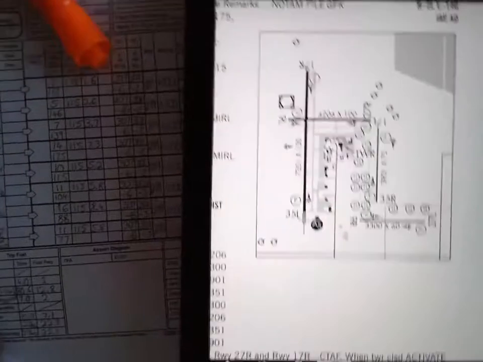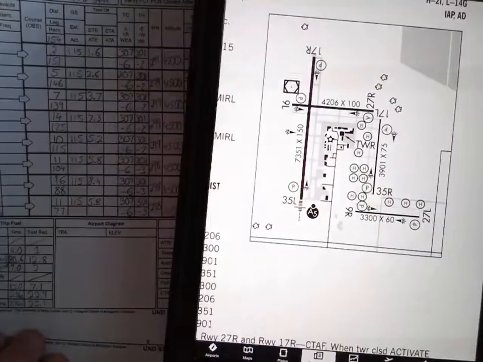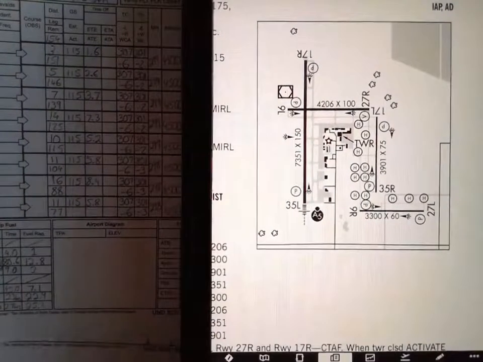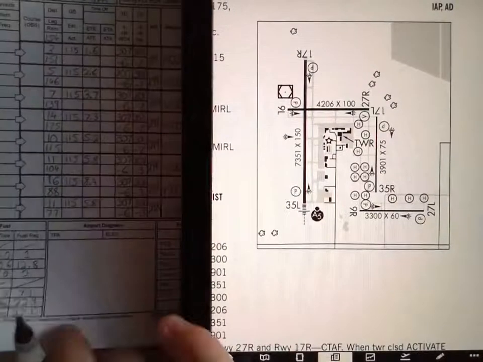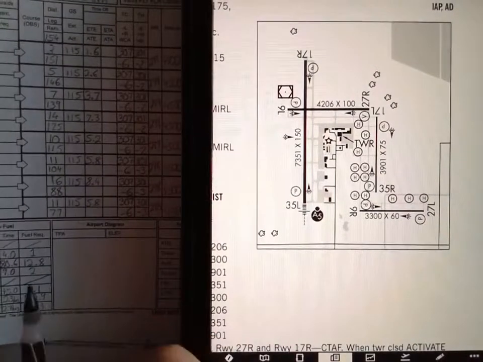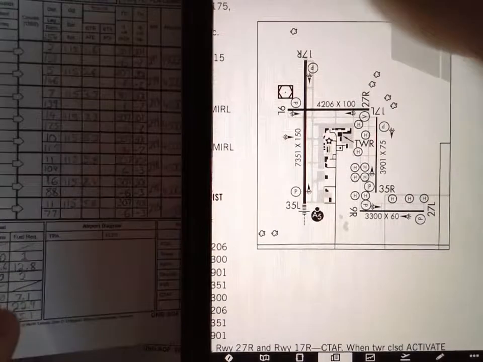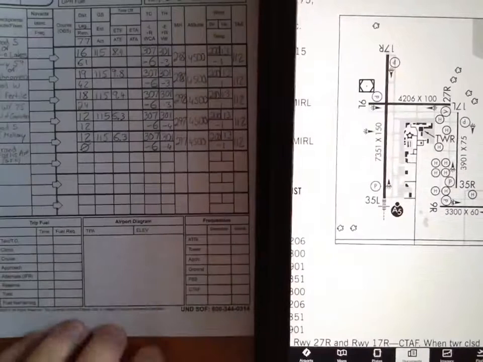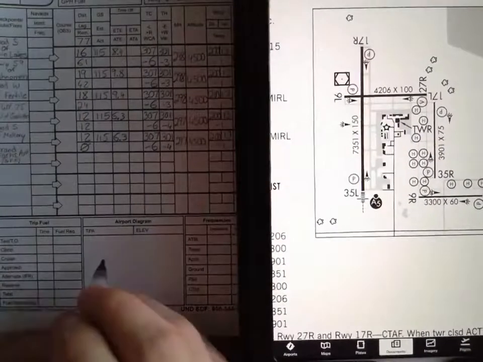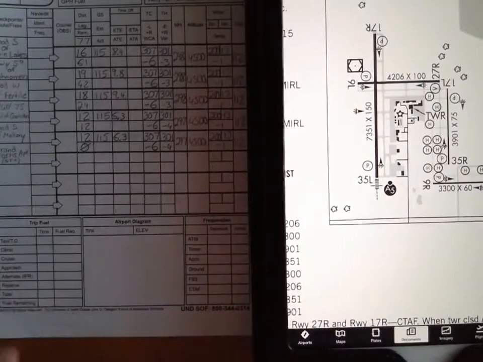So if we come out to our nav log here, in this box, we can go ahead and draw a rough sketch of the airport. Now, because we're using two nav logs here, I think it might be a better option to actually use the second nav log for this sketch, because as we approach Grand Forks, we will be using the second nav log here. So let's make that sketch